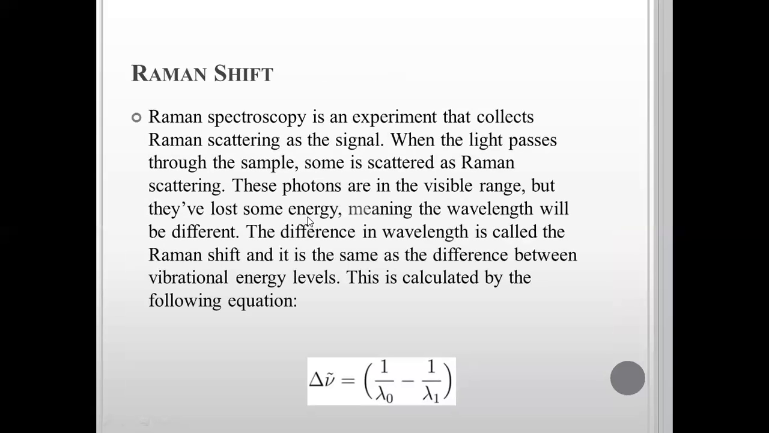Then Raman shift. So what is Raman shift? Raman spectroscopy is an experiment that collects Raman scattering as the signal. When the light passes through the sample, some is scattered as Raman scattering. These photons are in the visible range, but they have lost some energy, meaning the wavelength will be different. The difference in wavelength is called the Raman shift, and it is the same as the difference between vibrational energy levels. This is calculated by the following equation. Delta v bar is equal to 1 over lambda 0 minus 1 over lambda 1,